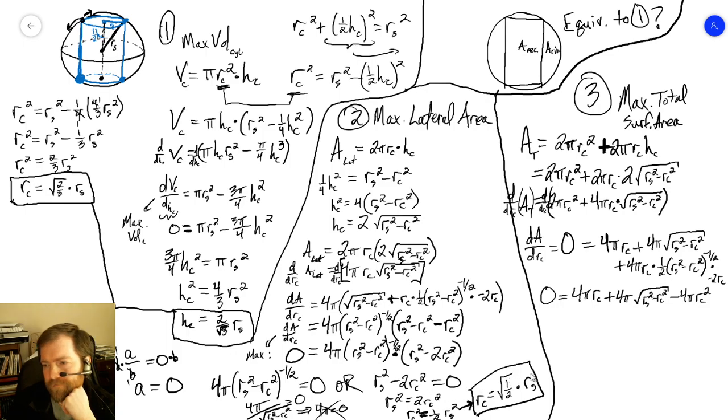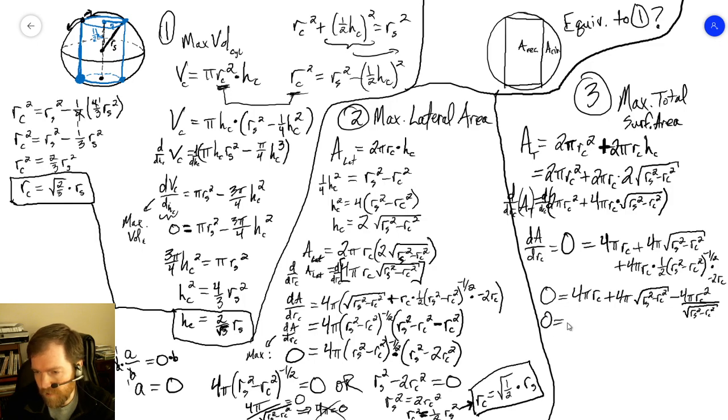This ought to be interesting. Now times the square root. That's in the denominator, so I'm just going to bring it down. Square root of rs squared minus rc squared. Okay, so I'm going to multiply everything through by the square root of rs squared minus rc squared, which is going